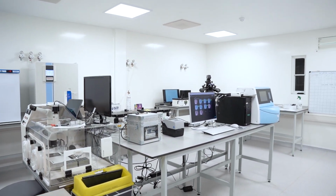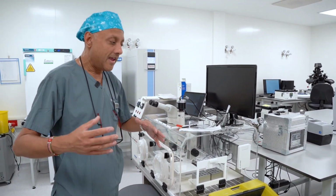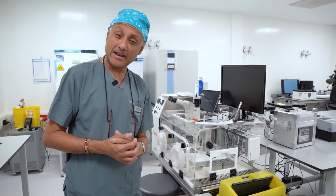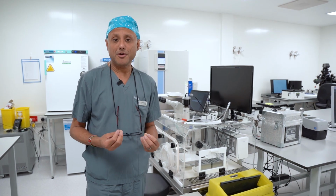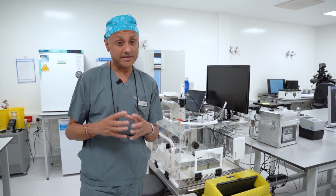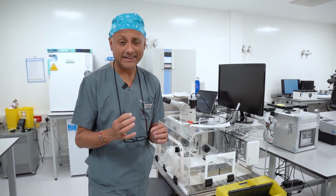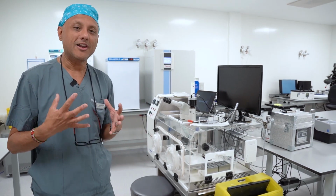this room. Typically, again, as I mentioned earlier, this is the IVF chamber, and we work within the chamber for two main reasons. One, to protect the integrity of the eggs and embryos. The material that we're working with, i.e. eggs and embryos, are very temperature sensitive. So in order to preserve the integrity, and by the way, embryos and eggs are microscopic. You can only see them under a microscope. They are tiny. And because they are such tiny cells, they need to be treated with a lot of care